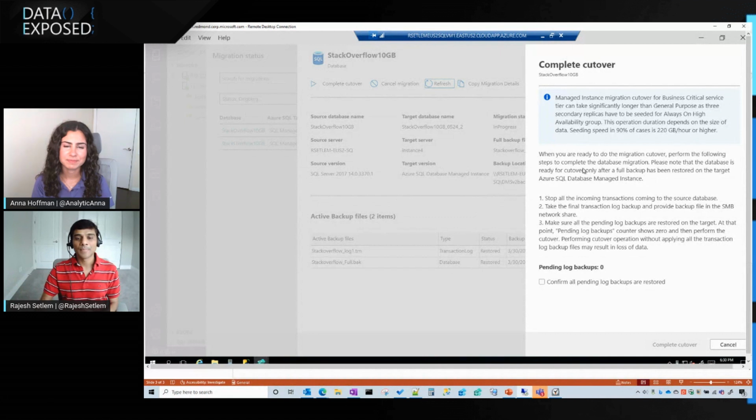So at that point in time, depending on the target service tier, in this case, if it's a business critical service tier, we seed up all the secondaries. We make sure that always on secondaries and everything is set up for you. But if it's a general purpose tier, we make sure that we complete the recovery process. We open up the database for end user connections. Gotcha. That's pretty cool that it takes care of all that for you, and it waits to do that until you're ready to do that cutover.